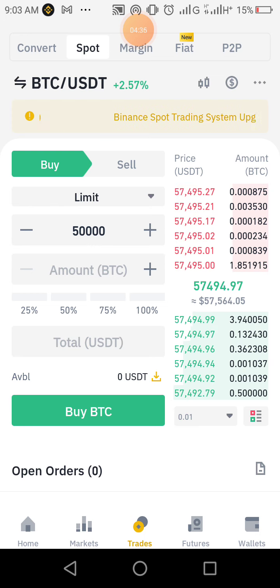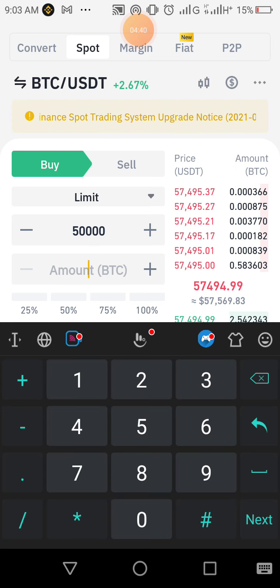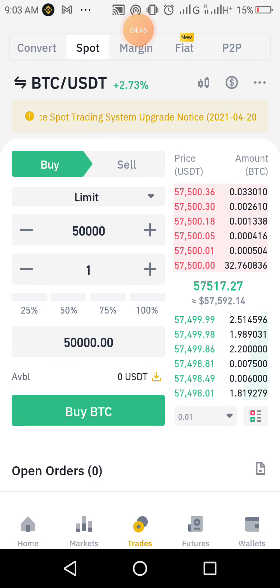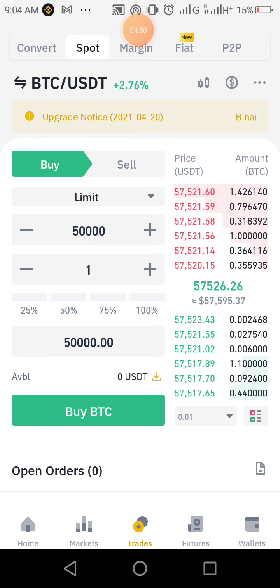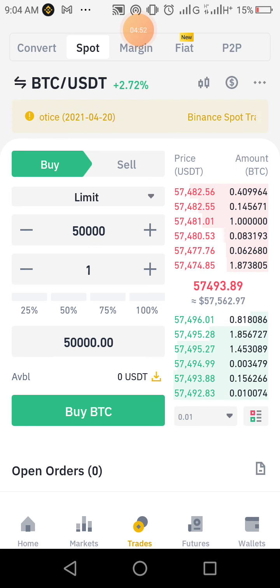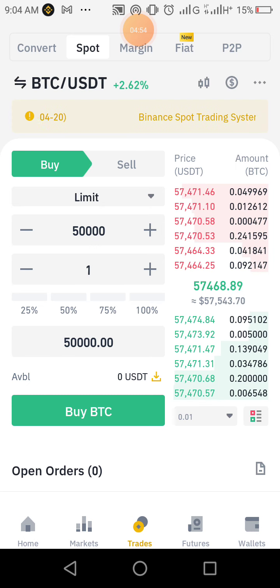So you are basically setting a limit buy. So now you say, I want to buy. How much BTC do you want to buy? You have a lot of money. You want to buy 1 BTC. You see, that's a lot of money. That's 50,000. So now if you look below that, you can see